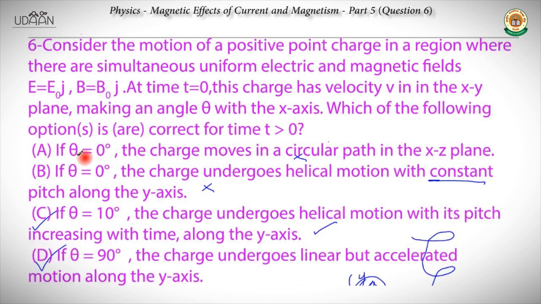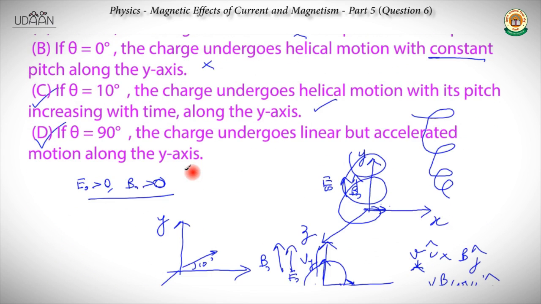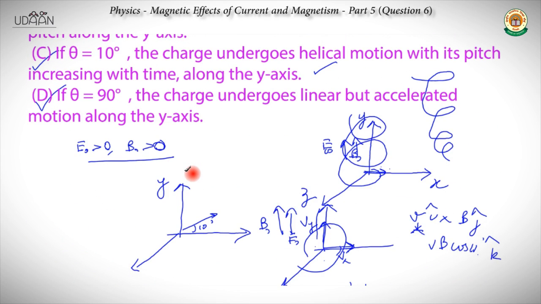So we looked at the different cases for which we had to solve this question, and we find that the first two options are basically not correct, as we showed. If theta is equal to 10 degrees, the charge undergoes helical motion with its pitch increasing with time along the y-axis, and this is on account of the magnetic field acting on the component of the velocity of the charged particle. With theta equals 10, there is a component,